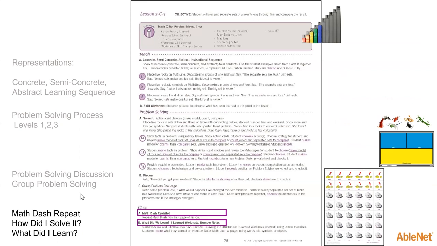At the end of page 3, Math Dash is revisited. And that's a nice opportunity for some formative assessment for teachers to see, are the students doing this differently than they did prior to learning all that they've learned so far in this lesson. Also,